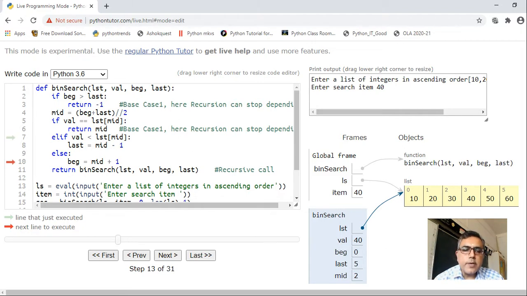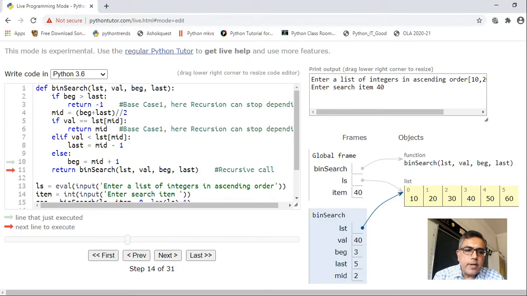After executing this statement, begin should become mid plus 1. Mid value you have already checked here, right? Then you have come to know that the value which you are searching will fall in this second half, right? So now see, beginning is now 3. Now you have to search from 3 to 5 only. You have divided the array in 2 halves, and you have come to know your value falls in this half. You have to search in the later half only.